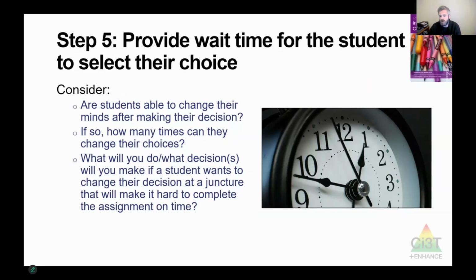Where do I want to work? You still want to give them an opportunity to really think about that. Now, that said, you also need to be prepared to do some limit setting. You can't let a kid take 30 minutes to decide whether they're going to do evens or odds, because then they've used their entire time to make a choice instead of to do their work. So sometimes you can embed something like pre-correction to say, okay, I'm going to give you a few minutes to make your choice. If you haven't made your choice by this time, then here's going to be your default option, right? Be prepared to facilitate kids that are a little bit slower to make that choice, but definitely allow enough time for them to give it its due consideration. Consider whether you're going to be willing to let students change their minds.